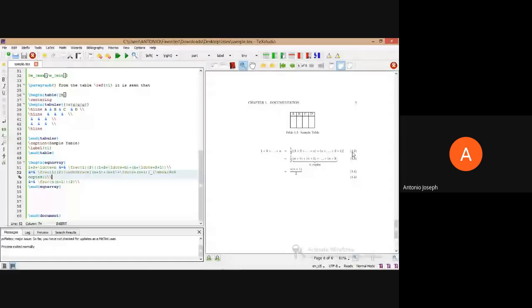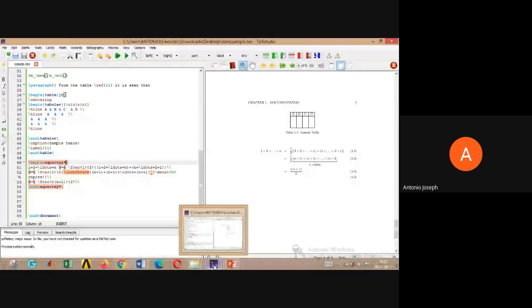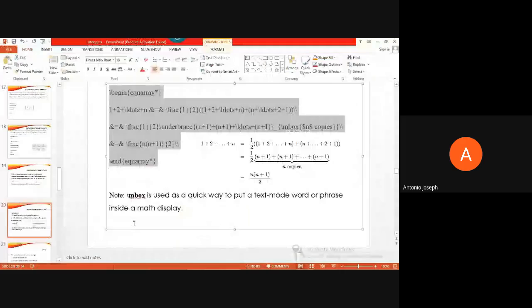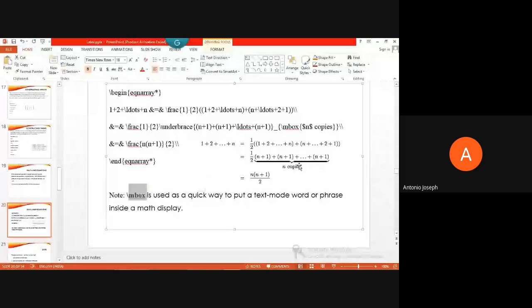So that's it about creating an array of equations. And here we are using another command called \mbox. Mbox means if we need to specify any sort of text, we can use an mbox command, and that's used especially in the case of these equations. Inside our math environment, if you want to specify any sort of text input, we can use this mbox command.